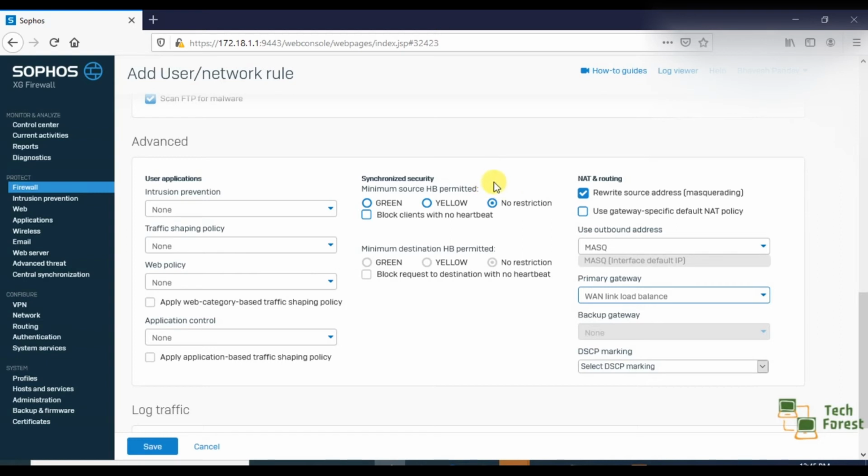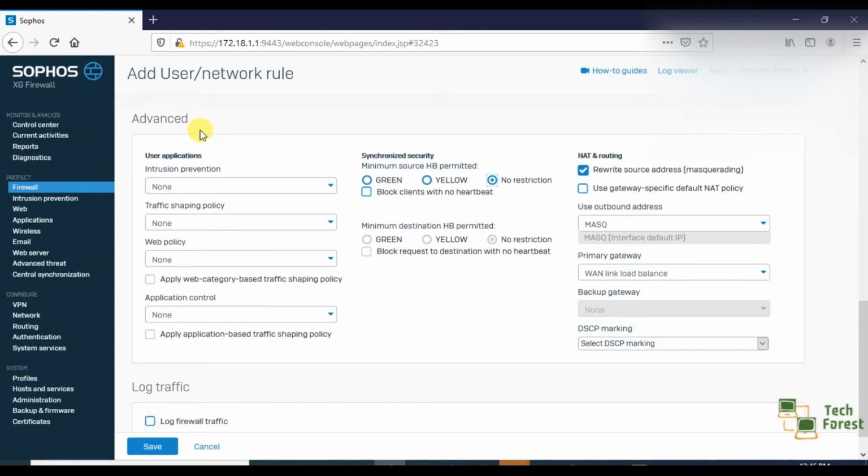So here we have the option that we can restrict this particular client if the heartbeat is not coming. And here we can set whether, if the antivirus is showing a green icon, it can communicate, or yellow, or no restriction, anything we can set here. This is all we can discuss right now. So we are not doing anything on this option. On the left side you can see it's asking for intrusion prevention.